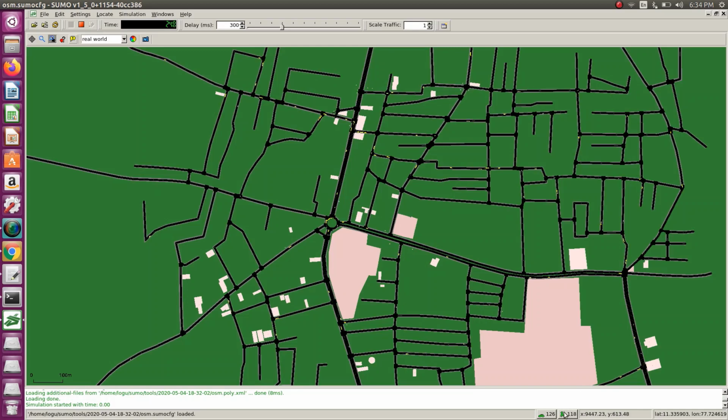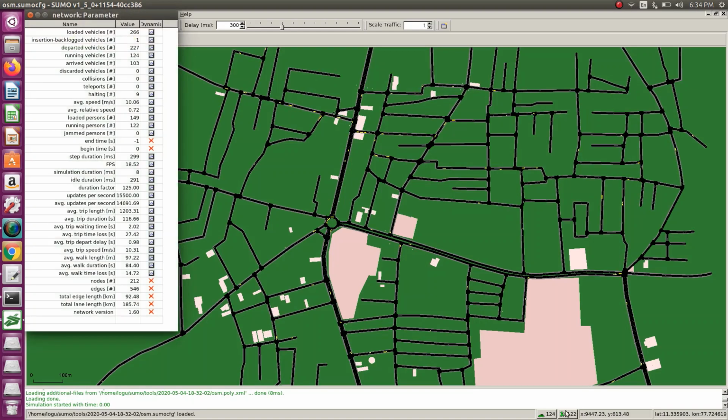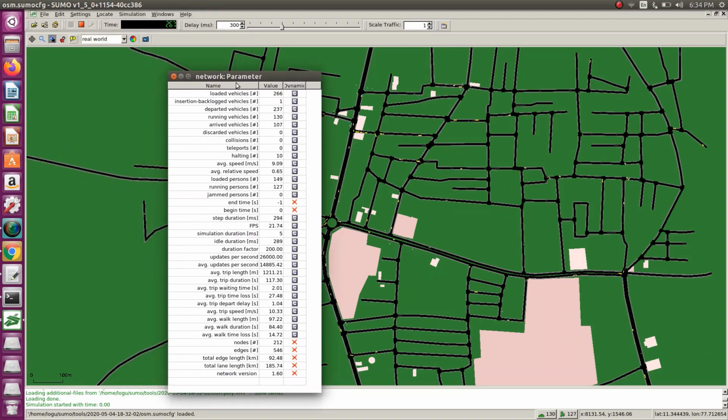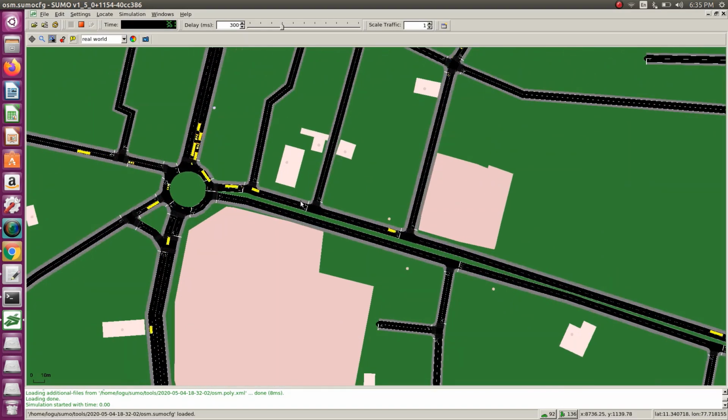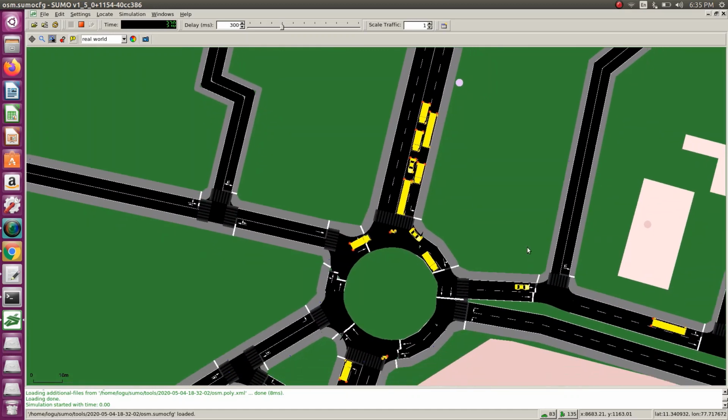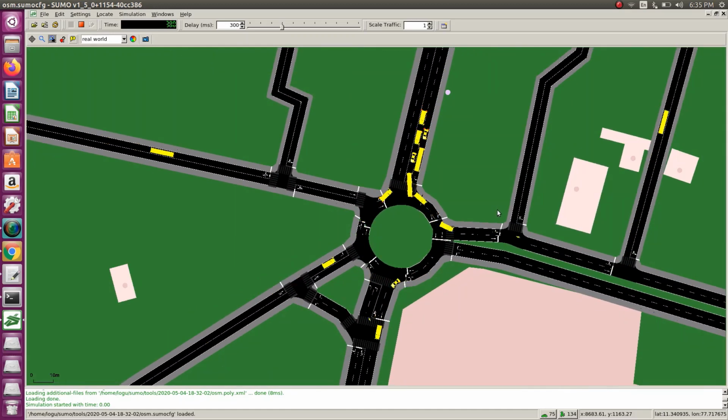Then you can get some information also. So by clicking this you can get what are the parameters, network parameters, what are the loaded vehicles, 266, departed vehicles, running vehicles, arrived vehicles. So like that, you can get huge information about your real-time simulation network. The end time it will not be available, because we have not entered the simulations.